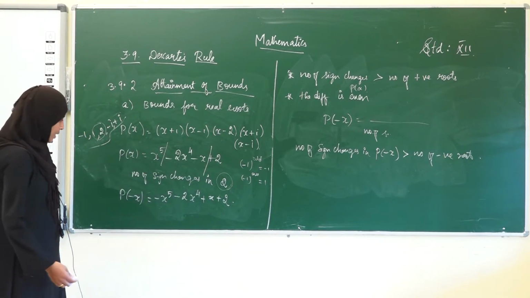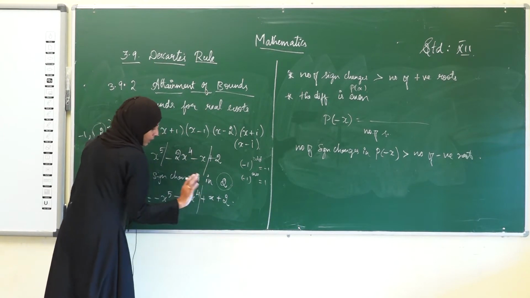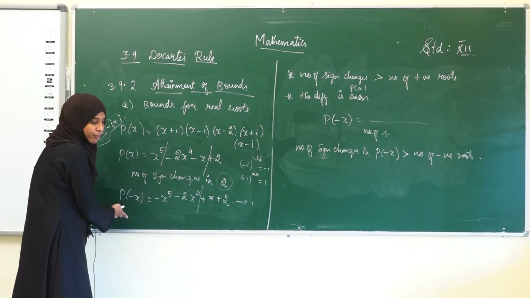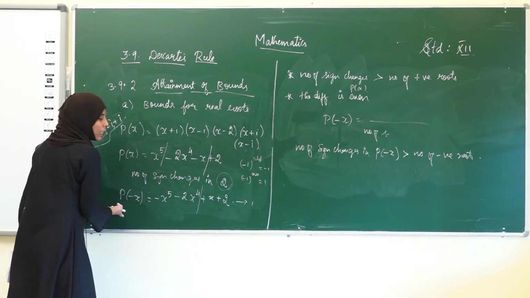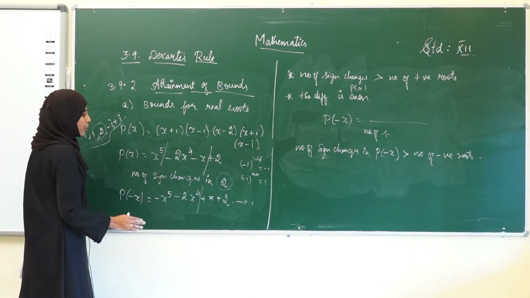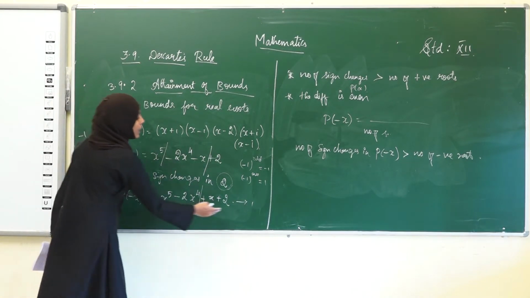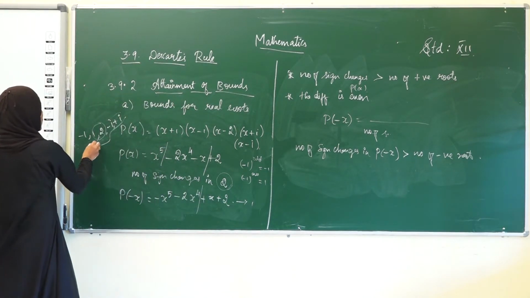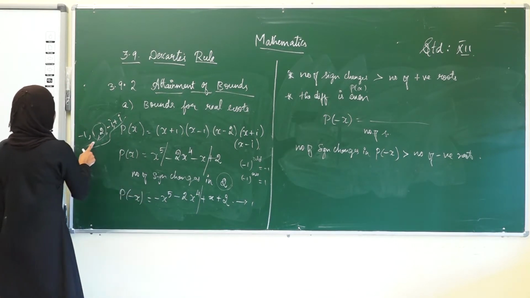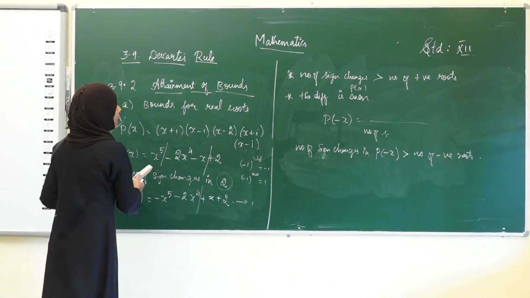So, see the sign changes here. Here it didn't change, here it is changing, 1, and here it didn't change. Therefore, the number of sign changes in the coefficients of p of minus x is 1. So, through p of minus x what can we find? We can find the boundaries of negative roots. Therefore, the number of negative roots in this polynomial equation cannot exceed 1. See here, from here what we have got is that there is only one negative root, right? It cannot exceed 1. Therefore, there is only one negative root. So, the Descartes rule can be applied here. Okay.